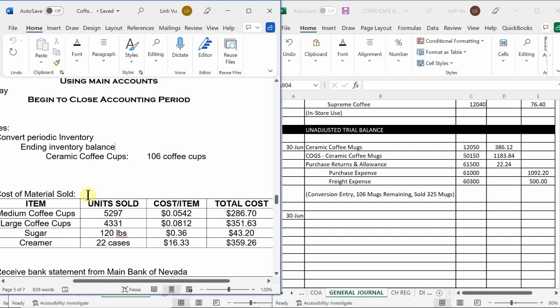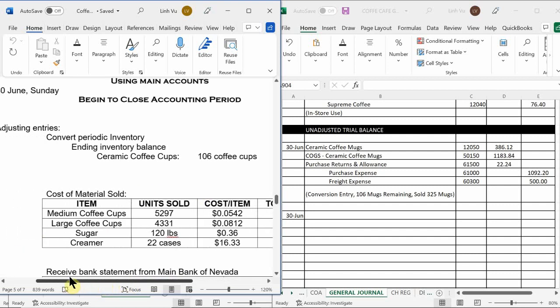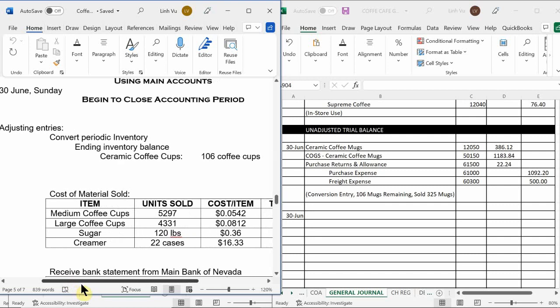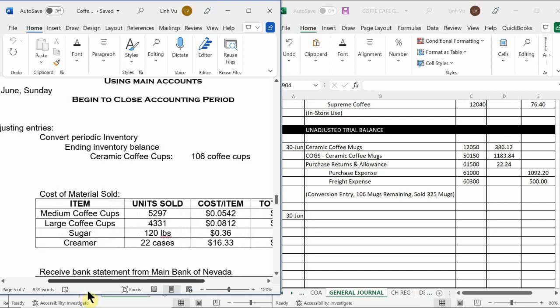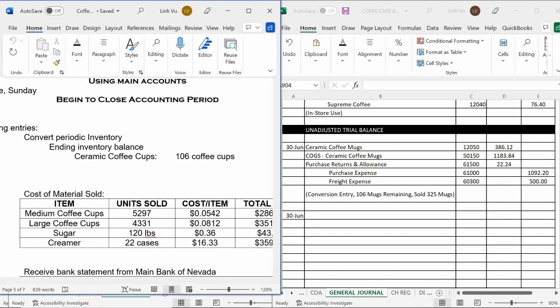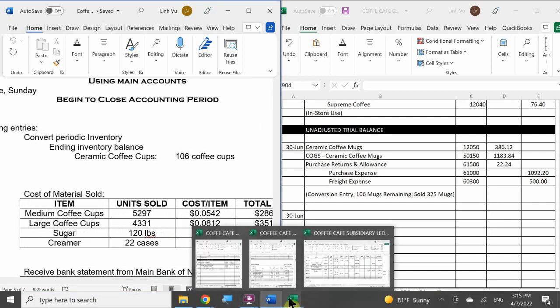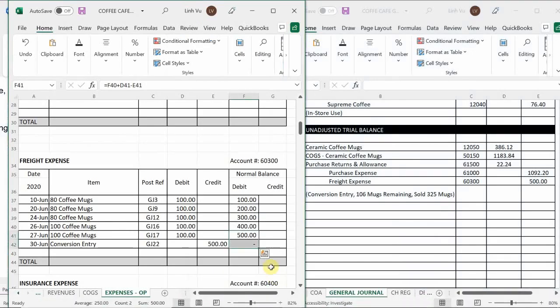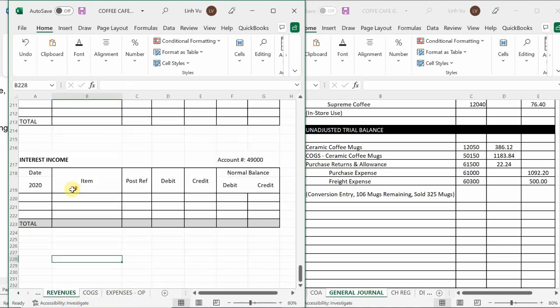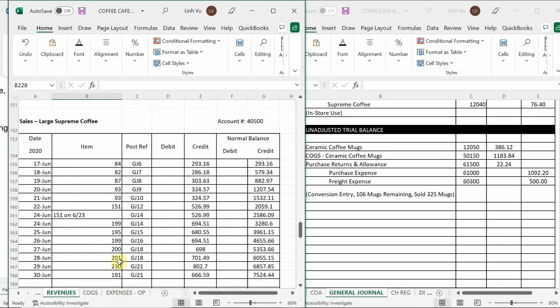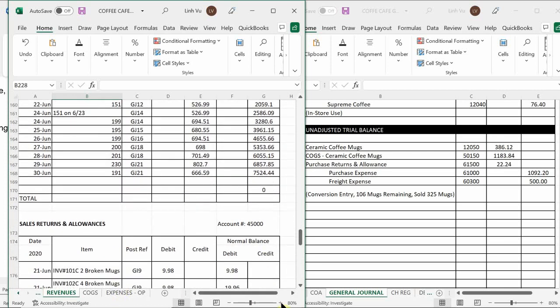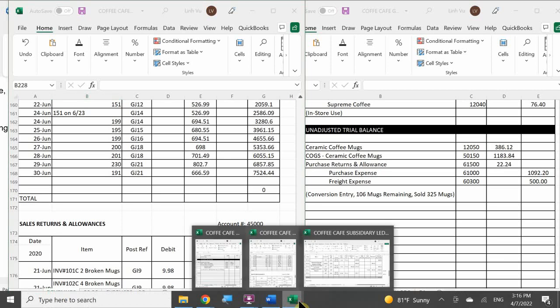Okay. We need to now adjust our cost of materials, which is the cost of materials that we sold. So in this case, for my medium and my large coffee cups, if you did this in your ledger, that's the reason why, if you wanted to keep your tally of how many cups you sold, you go to your sales section. Since we made a list of all the coffee cups that we sold, you can easily sum this and figure out what that number is. But I already did the calculation for you. Okay? So in this case,